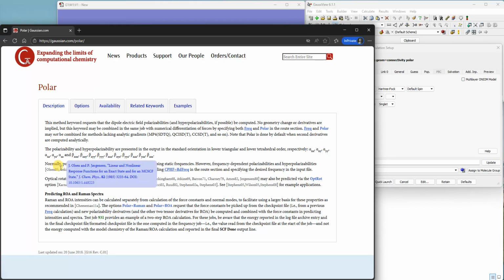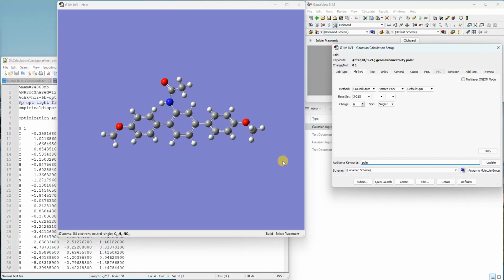And normally, polarizabilities and hyperpolarizabilities are calculated using static frequencies. So if you don't give any other keyword, it will be calculated using the static frequencies. But if you want to do a frequency dependent calculation, like you want to calculate it at a particular frequency, then you can use the keyword CPHF=RdFreq, and then you can give the frequency after the molecular coordinates. So we'll come back to that. At the moment, we'll just do this, and